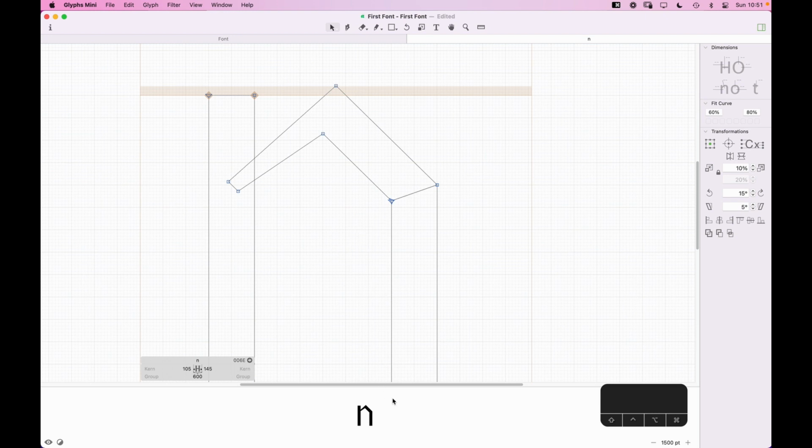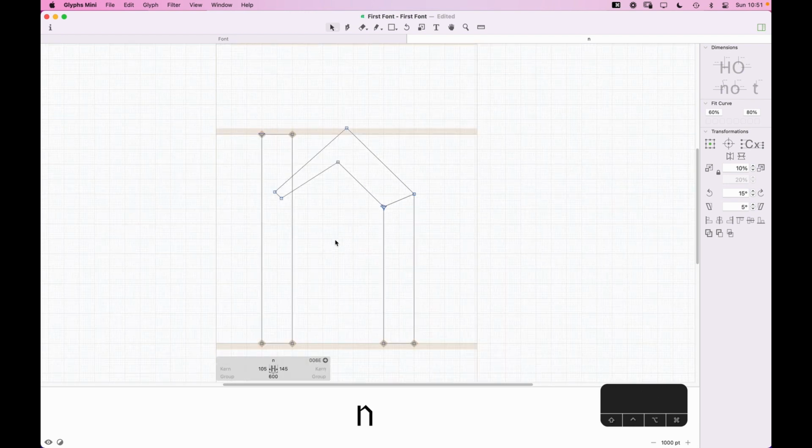And you'll notice as I'm drawing, we're also getting a preview down here too, so I'm keeping an eye on how this is looking down here. Sometimes changing the scale of what you're drawing can help you out a little bit in determining if you're on the right path or not. And then the other thing we're going to do here is move this up. And we don't want to make this line quite so thick moving into the